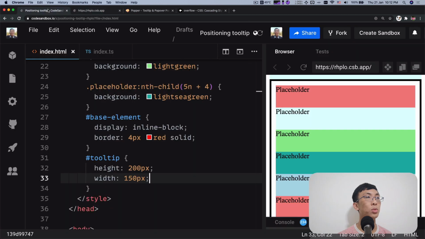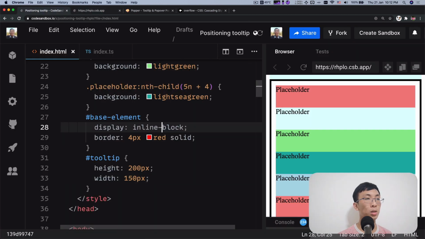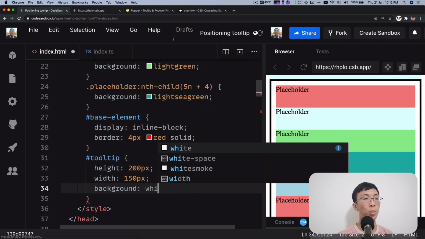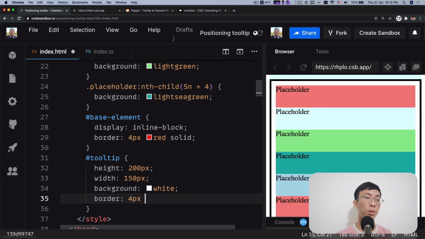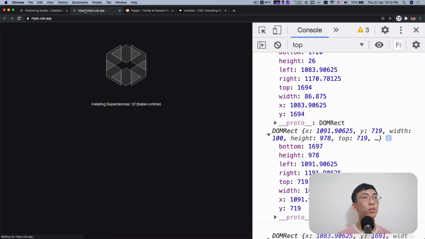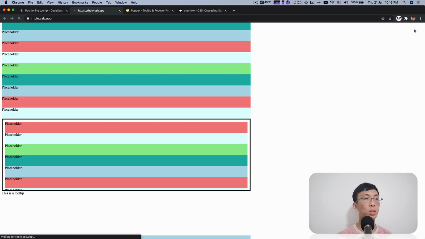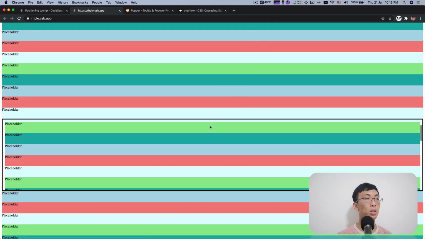Okay, let's also set back. We need to also make this tooltip kind of prominent and visible. So I'm gonna say background is white, border is 4 pixel, black solid. I'm gonna say blue solid. Save it, refresh, come over here, close this. Okay, so now,